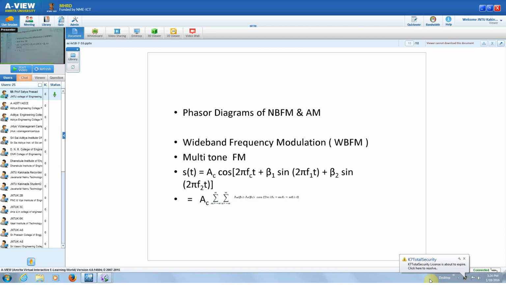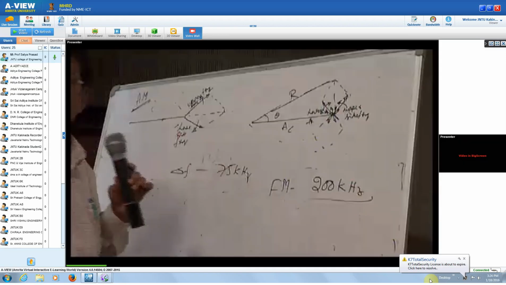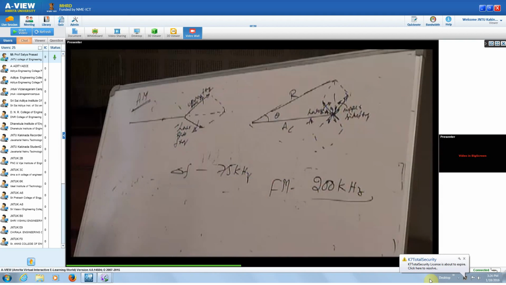The practical delta F is 75 kilohertz. So the bandwidth is 2 delta F plus FM, so more than 150 kilohertz, and for each FM station we'll be having a bandwidth of 200 kilohertz. For each FM station we require a band signal of 200 kilohertz, whereas in the case of AM,